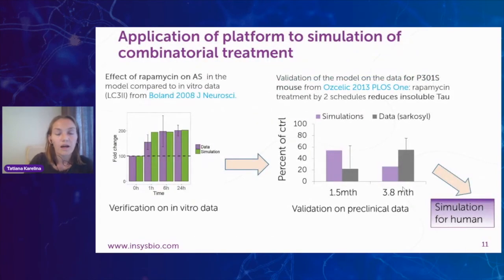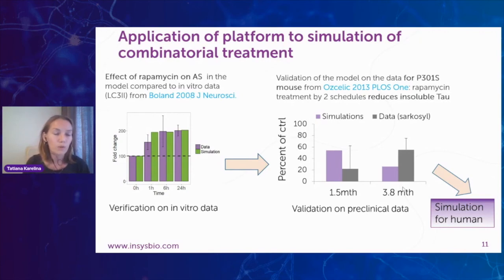And at the final part of my presentation, I'm going to demonstrate what our platform would predict for combinatorial treatment. Now, when, for example, aducanumab is approved, we ask a question: how can we boost its efficacy to obtain much better clinical results? As our model contains different types of intracellular processes, we can try some treatment targeting these intracellular processes. For example, the autophagic system, which is critical for protein degradation.